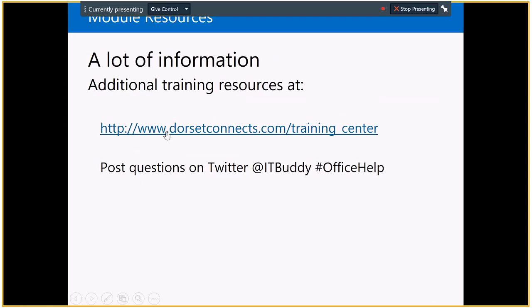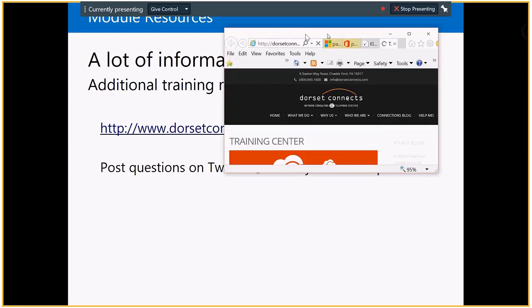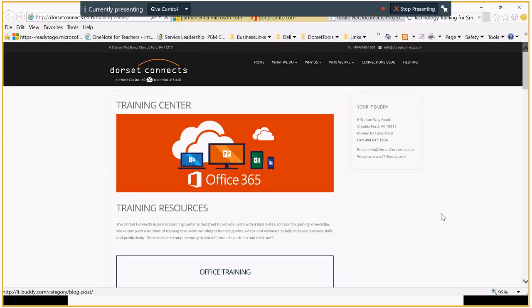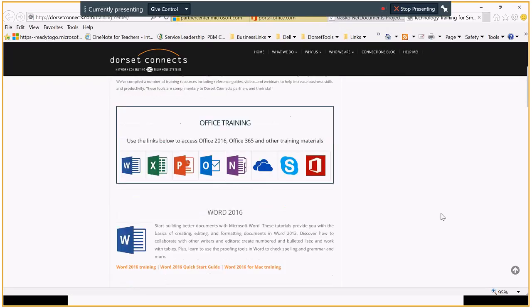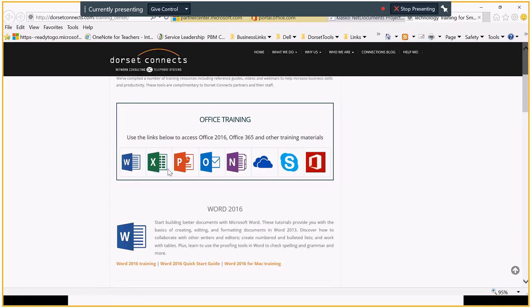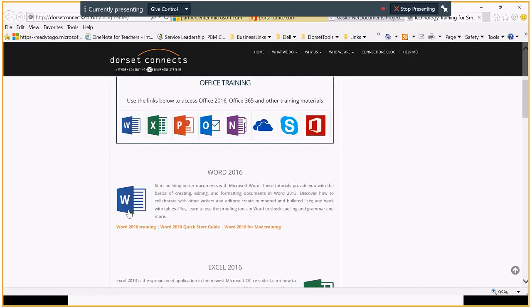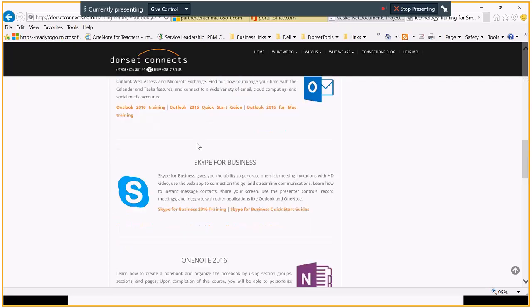Let me just show you the training center here. Again, DorsetConnects.com, Training Center, and I'll just move that onto the screen here. Okay, here's our training center. As you scroll through, you can get to Word, Excel, PowerPoint, Outlook, OneNote, OneDrive, Skype for Business, and Office 365 training. So just as an example, if we went to our Outlook training,